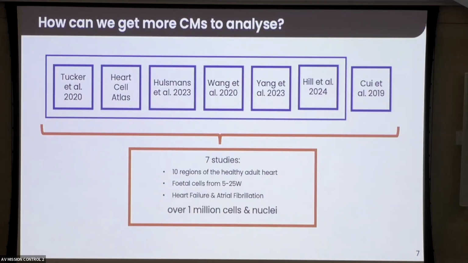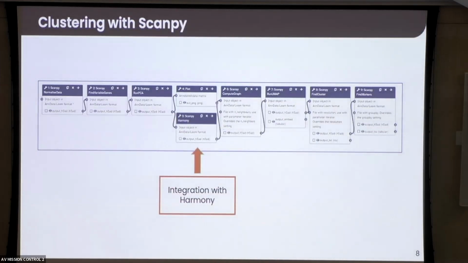So I gathered together these 7 studies. Some of them were single cell, some of them were single nuclear. They covered 10 different regions of the healthy adult heart. I also included one fetal data set, because one of the effects associated with atrial fibrillation is dedifferentiation of the cardiomyocytes. And I also included some samples from people with heart failure as well as atrial fibrillation, so I could compare those diseases. So I ran this big combined data set through the ScanPy clustering pipeline using Harmony for the batch